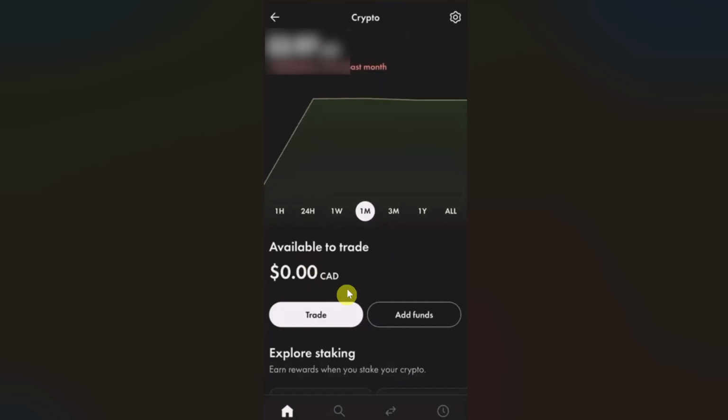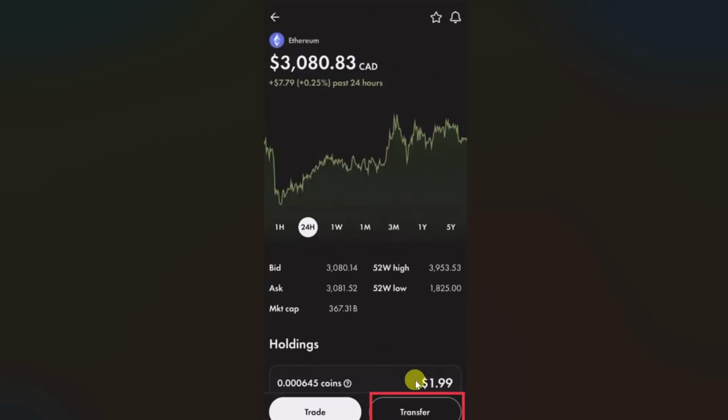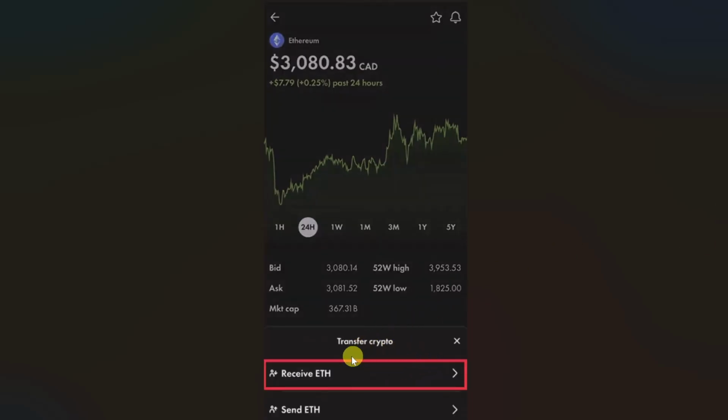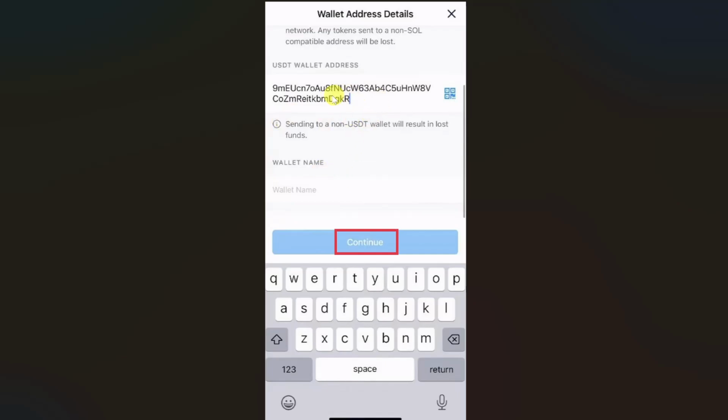Then on this page, you have to scroll down and then you will find the cryptos that you can receive. So from here, select the cryptocurrency that you want to receive. So I will just select the Bitcoin from here also and then click on this transfer button at the bottom of your screen. After that, from this pop-up window, click on receive and then you will be able to get your deposit address or wallet address. So just click on copy button and then go back to your crypto.com app and then paste the wallet address